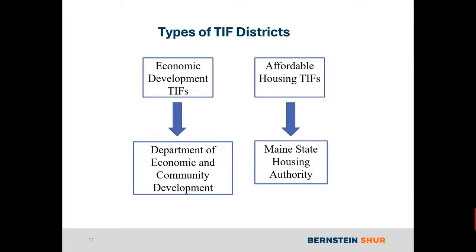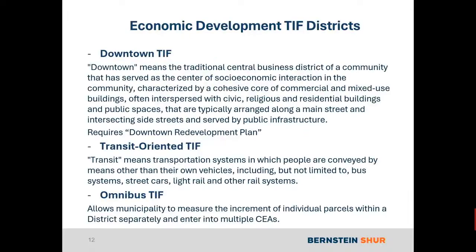I mentioned this at the beginning. There's two types of TIF districts. What we call the economic development TIF, that's reviewed by the Maine Department of Economic and Community Development after it's been approved by the council. And then there's an affordable housing TIF, which is reviewed by the Maine State Housing Authority, or Maine Housing, upon review. So economic development TIFs, I've talked about the general kind, but then there's three other specific kinds of